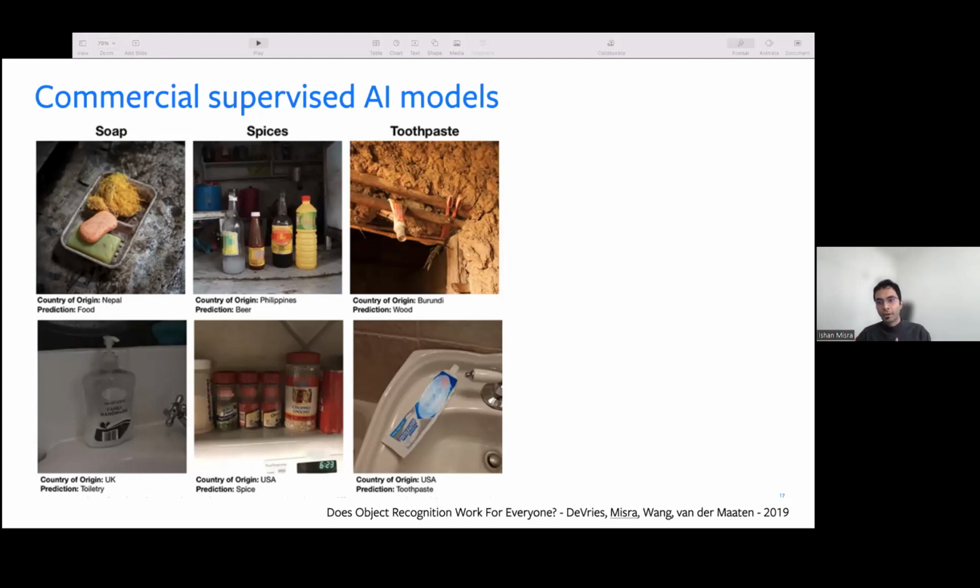So in each of these 3 columns, we have the same concept, soap, spices, and toothpaste, but the images are coming from different parts of the world. In the top row, they're actually coming from the developing countries in the world. And in the bottom row, they're coming from the developed nations of the world. And in this case, what you immediately observe is that when the same concept occurs in a different part of the world, the prediction for the model is very, very different. So it thinks that soaps from Nepal are actually food, where it is actually able to recognize soaps in the UK really well. It thinks that spices coming from Philippines are actually beer,